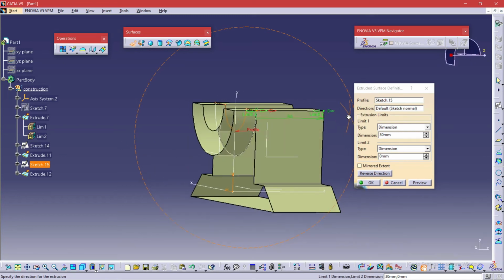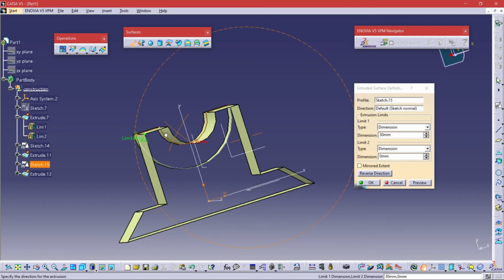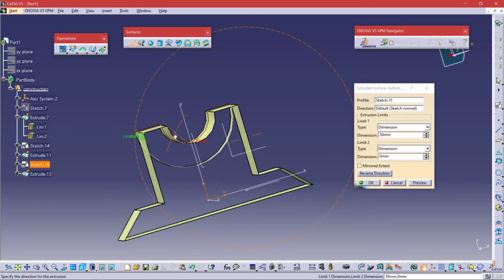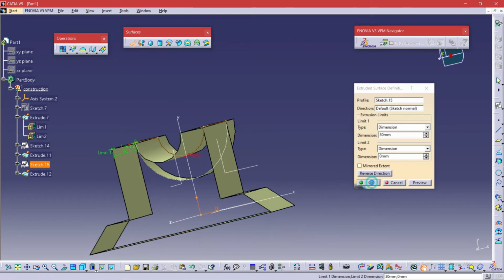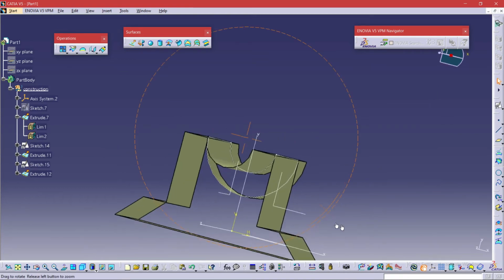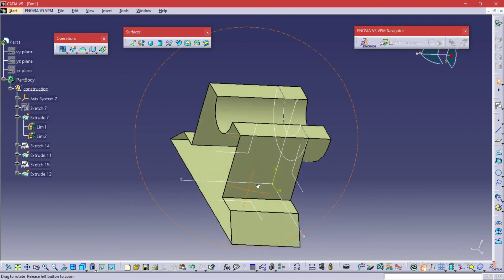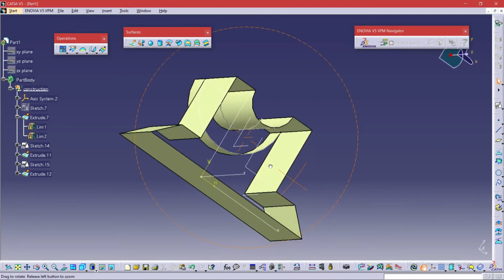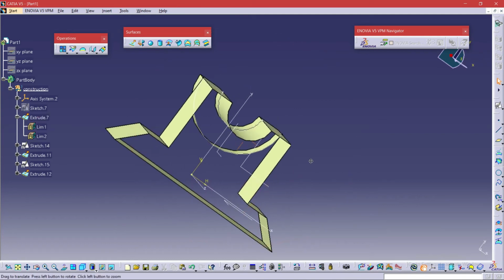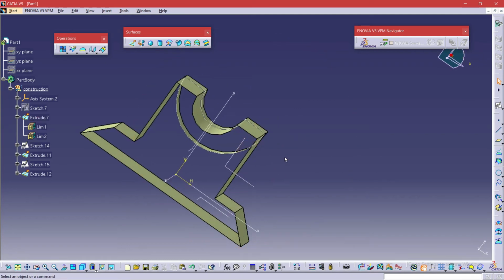Either you might have set the direction the opposite way, or in the other way. You need to just correct it by using the sense of the right direction and give the dimension appropriately. So finally it's been done. You can see that our extrusion has been made very clearly and it is coming up to the last surface. I can tilt the section for you so that you can view it clearly from all the views. This is what we wanted at last.